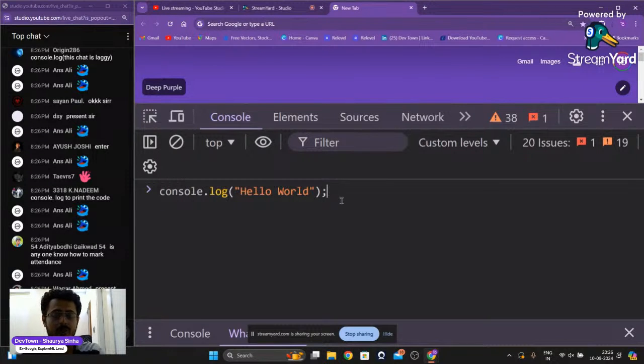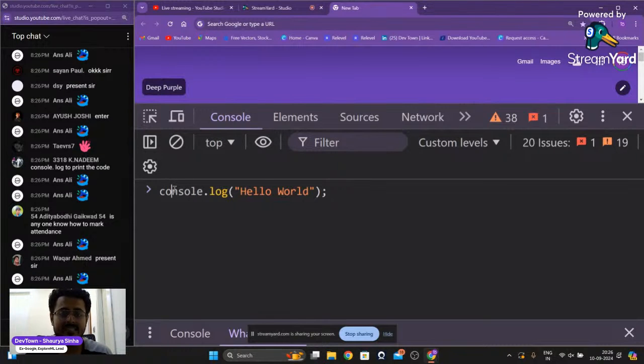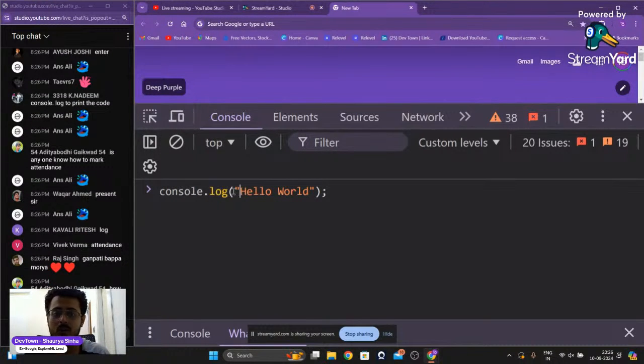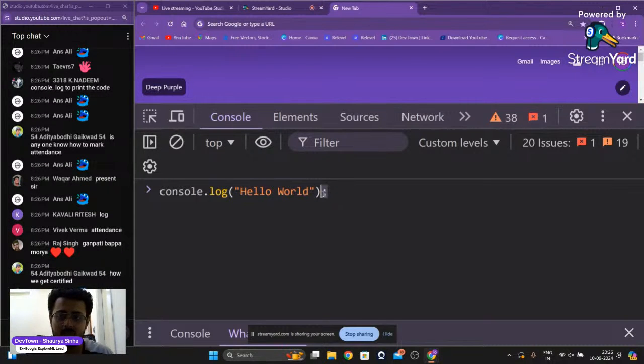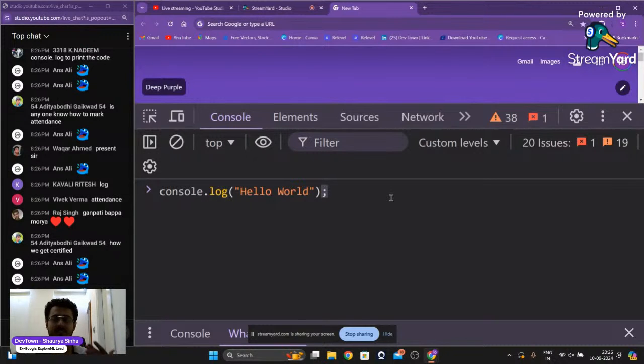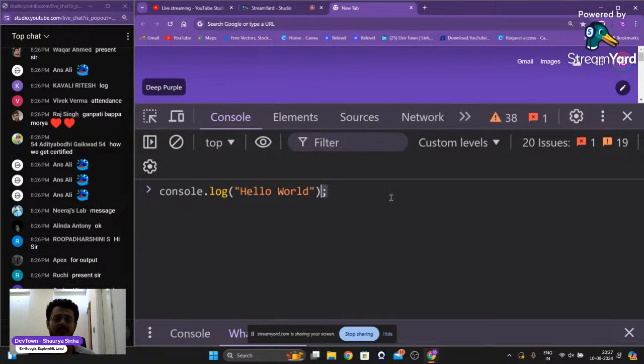So this is how you create a very simple piece of code that states that inside of the console, I want to record something. What do I want to record? I want to record this text that is hello world. Now, this semicolon at the end is like a full stop in English, right? Whenever a sentence in English is over, you put a full stop after that. In the exact same manner inside of JavaScript as a programming language, whenever a programming sentence is over, you put up a semicolon at the end, demarcating the end of the programming sentence.